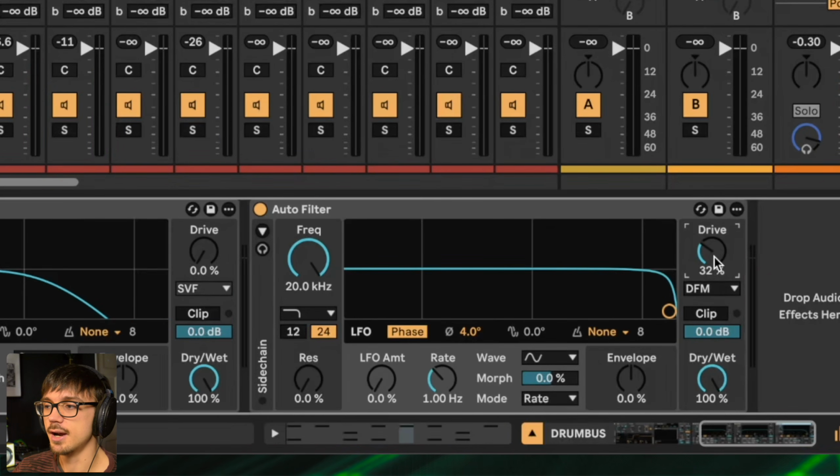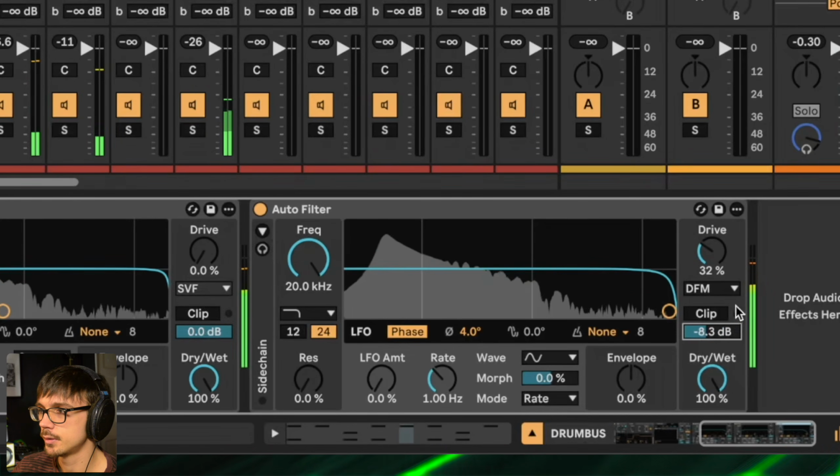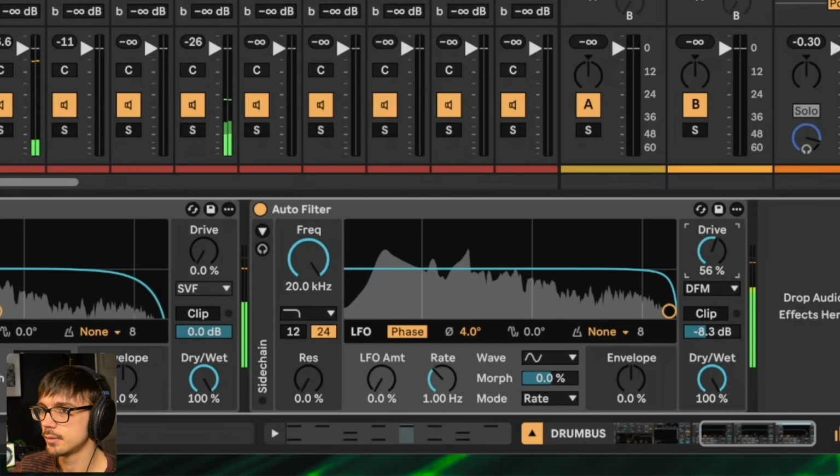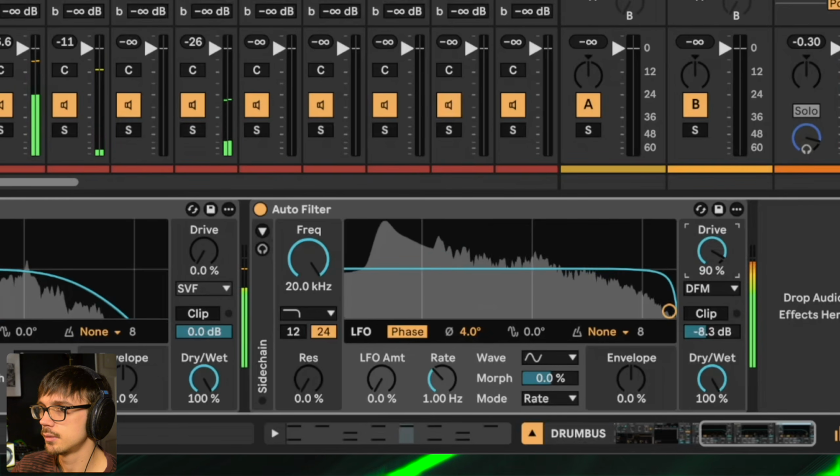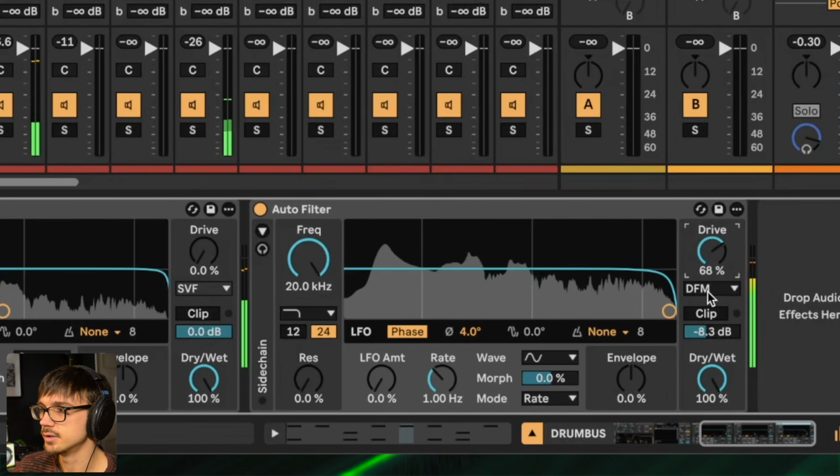And bringing up that drive also brings us on to another new feature. They've added in a soft clipper here, which you can activate, and an output volume too, which is very useful because you'd always generally want to turn the output volume down as you bring that drive up. So I'm just going to adjust the output volume here quite a bit. And just to show the difference,